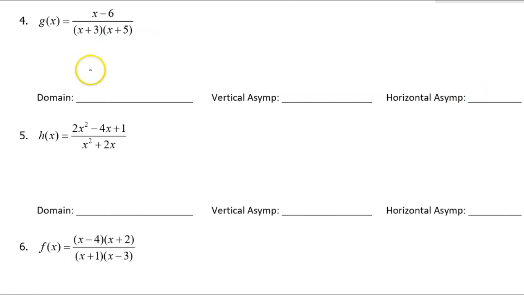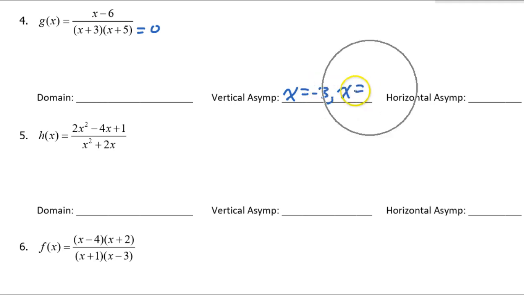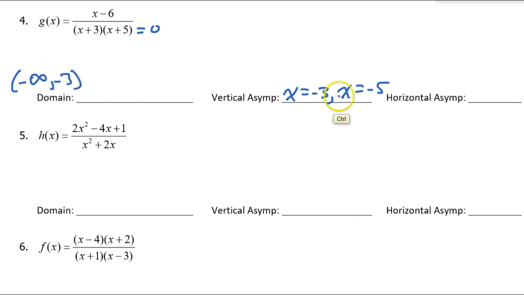All right, glancing at number 4, the vertical asymptotes will come from the denominator, setting the denominator equal to 0. So that'll be x equals -3 and x equals -5. Since there are no holes, nothing cancels out, I can say the domain right now. It's going to be from -infinity to -3, there's the first asymptote, union, and then it will be,